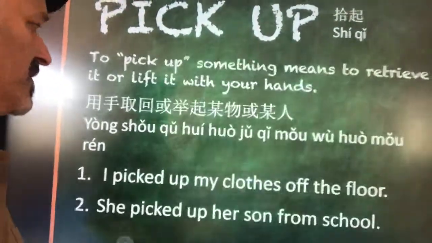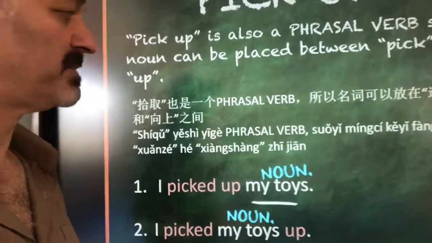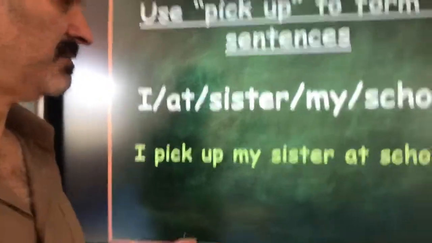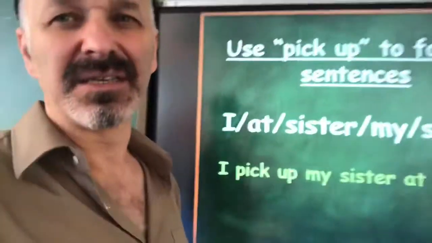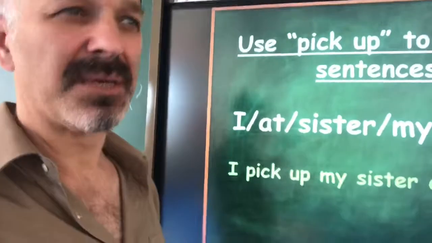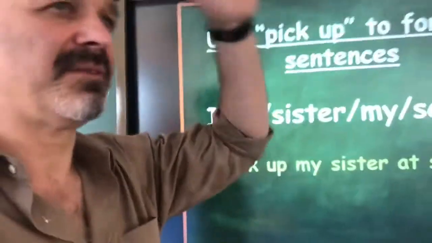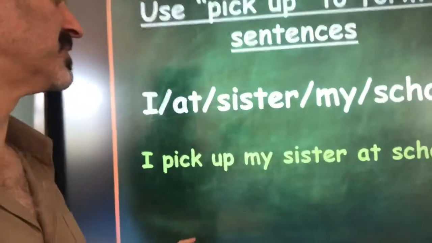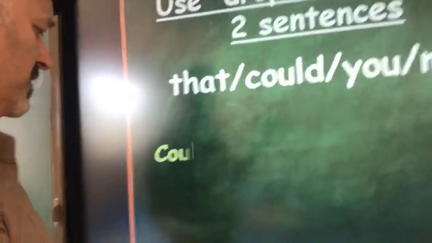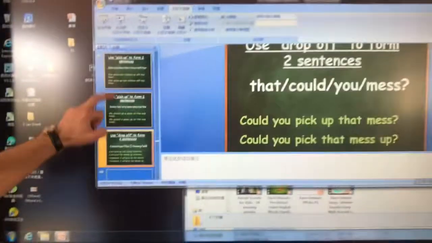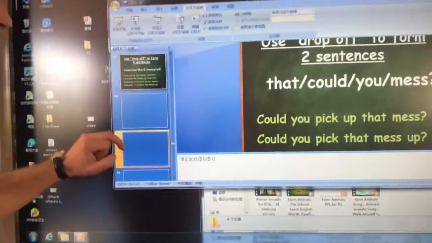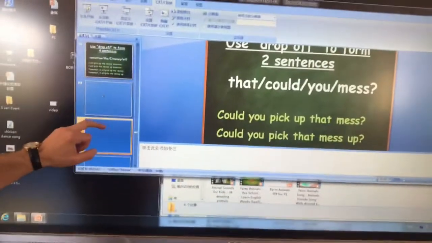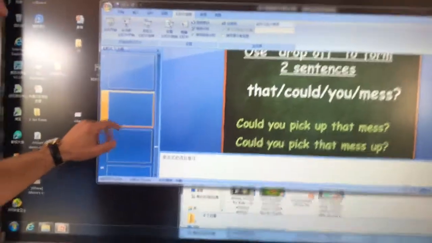Once again, a phrasal verb, we go through the same sort of introduction, the same sort of explanations. But with pickup, here I'm trying to explain that when you pick up something, it's kind of expected. You know, it's something that people expect. Doing the sentences. What are the activities here? I can't remember necessarily.